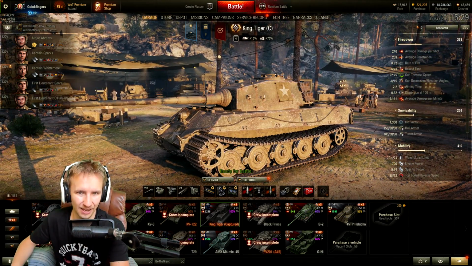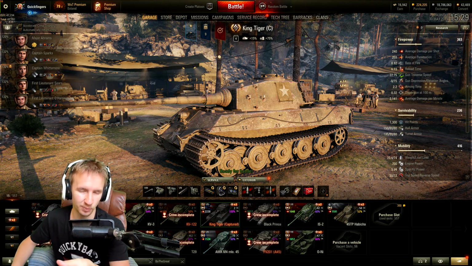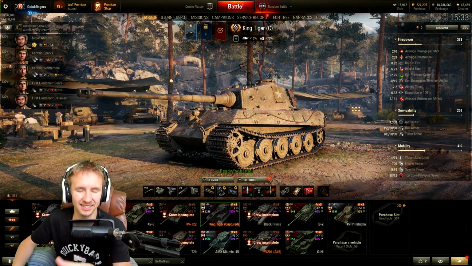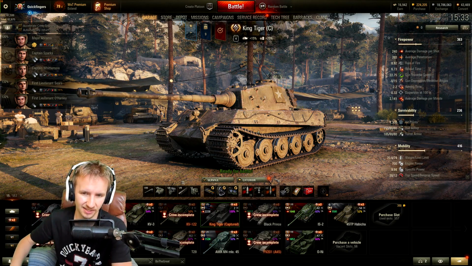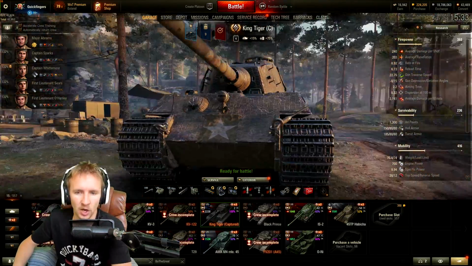This is a tier 7 American premium heavy tank that is going to be given to everybody who have linked up their Twitch Prime accounts to their Wargaming account. Effectively, the King Tiger takes the armor of the Tiger II from tier 8 and moves it down to tier 7. And it combines this with a rather unique style, and you can see the Zimmerit coating that was applied